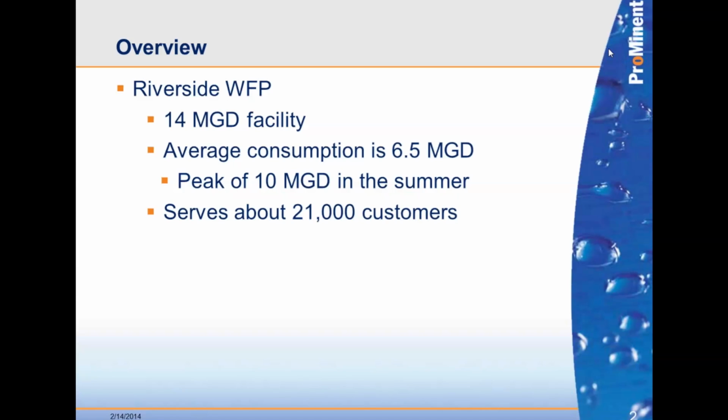And basically in this application, the reason we started talking to them is they have surface water. They have 3 reservoirs around the area, 2 that feed the Riverside plant, and in that they have to do lime softening and pH adjustment, and then post pH adjustment after the filters. The way the plant was set up when it was built in 1985,